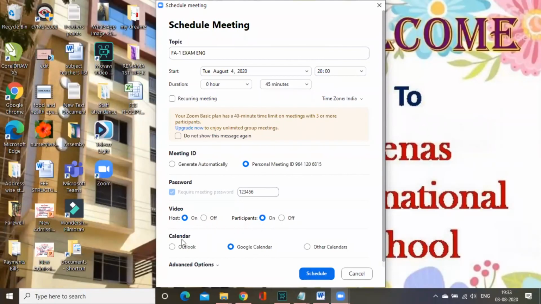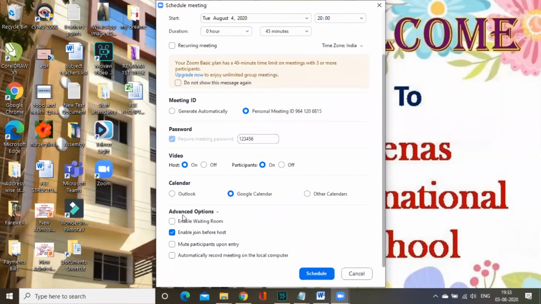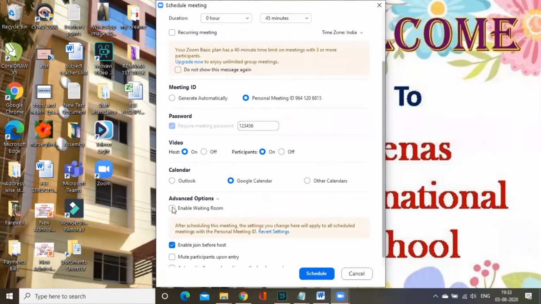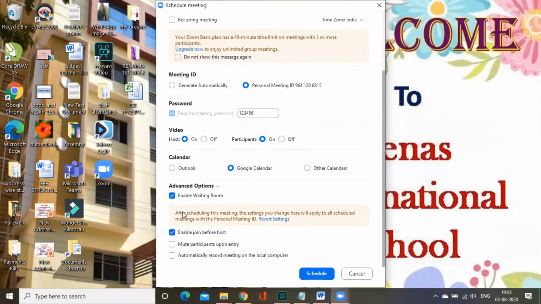If you want to admit the students, go to advanced options and enable the waiting room. If you enable the waiting room, whenever every child comes into the class, you need to admit them. If you don't want this option, don't check it. Then enable join before host: if a child wants to join before you, you can check this box.